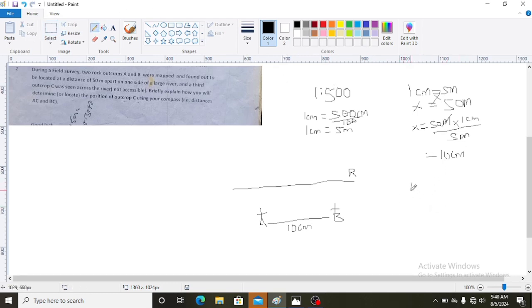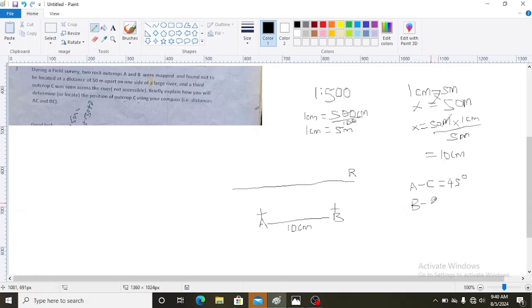The bearing A to C, let's say you got 45 degrees. I'm just assuming; if you're on the field, definitely you'll get a value, you understand? So let's say you got 45 degrees, and you come to B again. You stand at the point of B, you take the bearing of C. Let's say from B to C now,